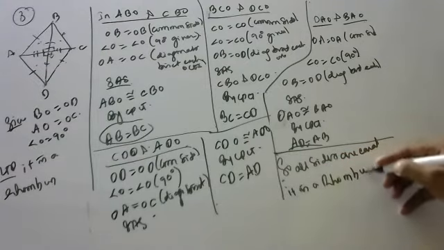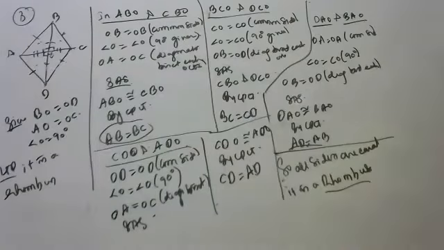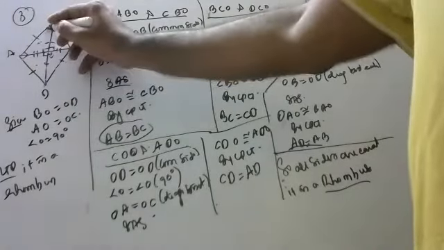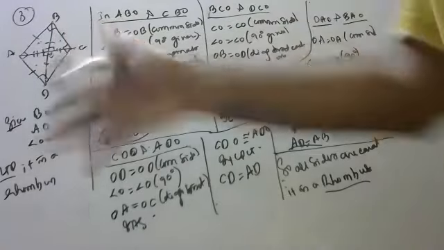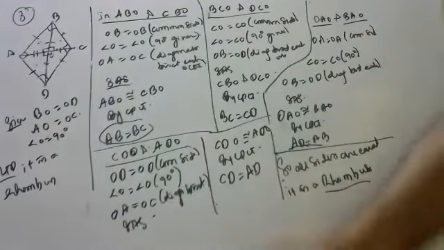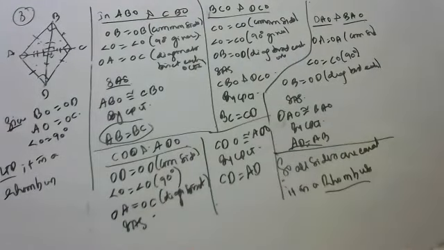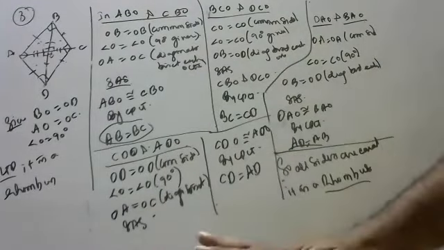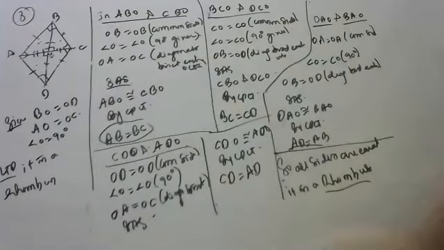You may say, sir, it can be a square also. Yes, children, it can be a square. But to prove a square, again you have to prove that all these are 90 degrees. We can't prove that. They didn't ask. Why prove unnecessarily? They asked for a rhombus. To prove a rhombus, all sides being equal and diagonals bisecting each other at right angles will do.